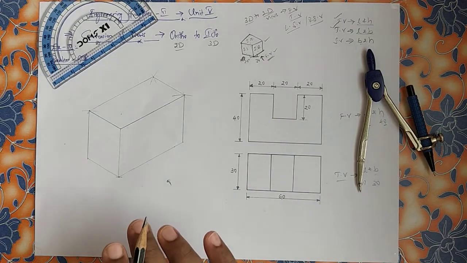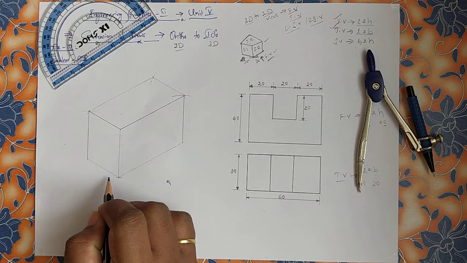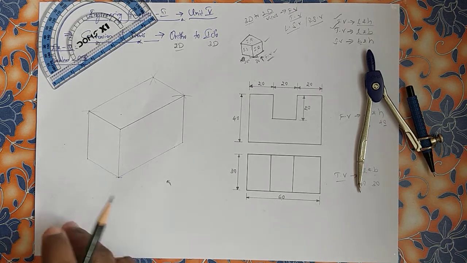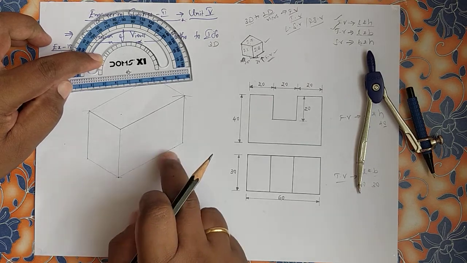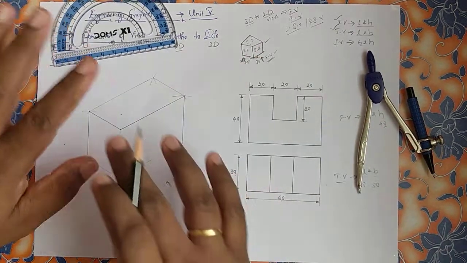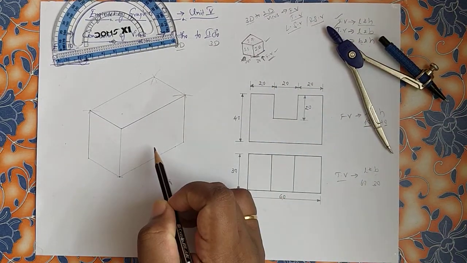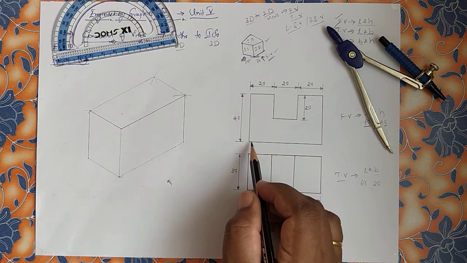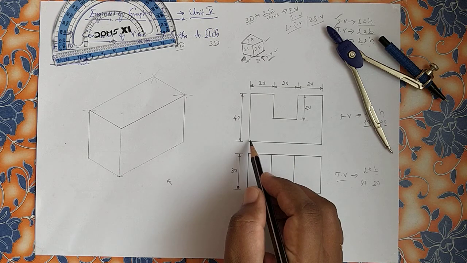Finally, we have constructed a three-dimensional box with respect to 30 degrees at right, 30 degrees at left, and 90 degrees. With respect to the protractor, I have drawn first 30 right, 30 left, height 90 degrees. After that, with the help of the compass, I have constructed the remaining things. Now think here, this front view is to be made to fit at this particular location. Whatever the thick lines, you are supposed to draw them light, and finally you can join them thick.